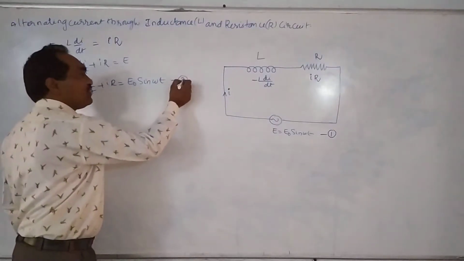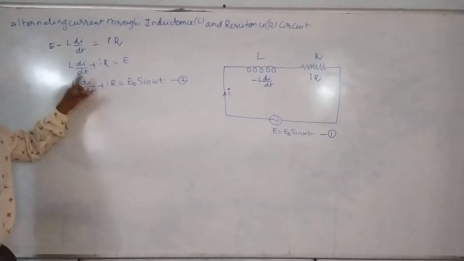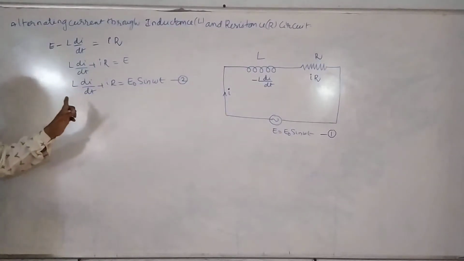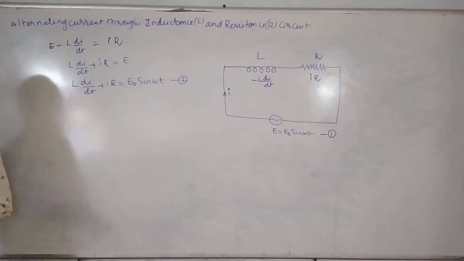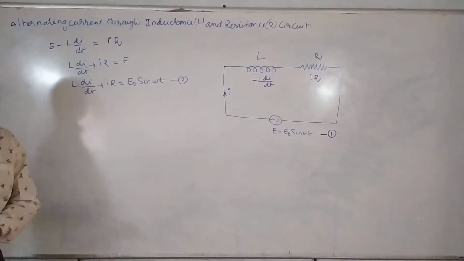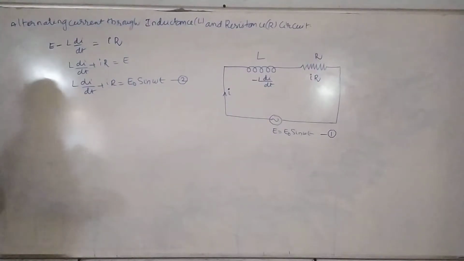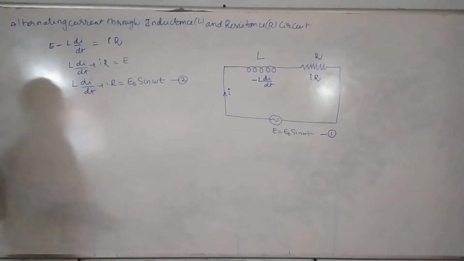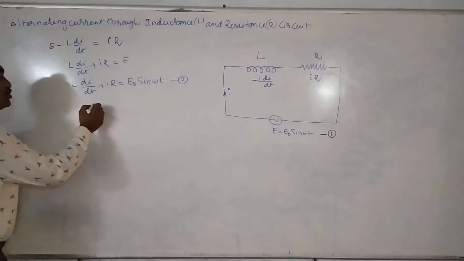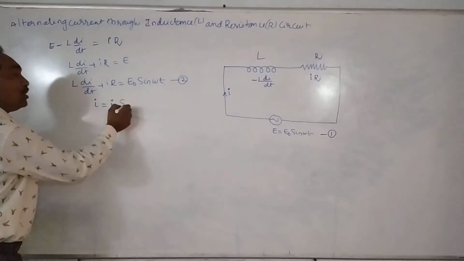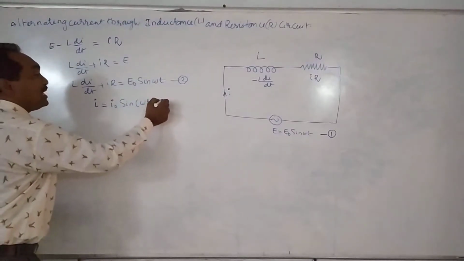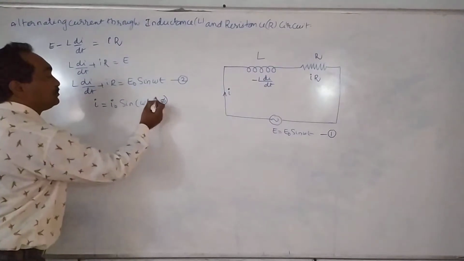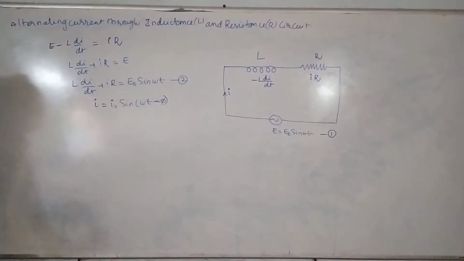This is actually a differential equation in I. When we solve this equation, we can get the current I. By comparing that equation and the current equation, we can analyze the phase difference and resultant resistance in the closed circuit. There are different methods to solve this differential equation. One of the methods is the trial solution. I am saying that I is equal to I naught sin omega t plus phi, maybe minus phi, whatever we have to take. Here I am taking I equal to I naught sin omega t minus phi as the trial solution.